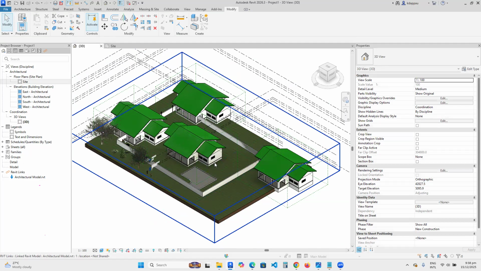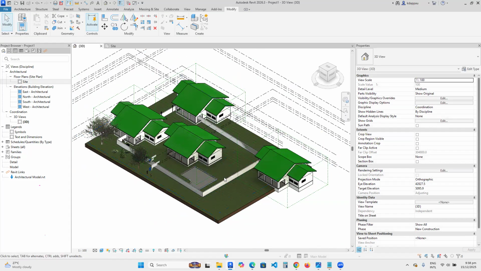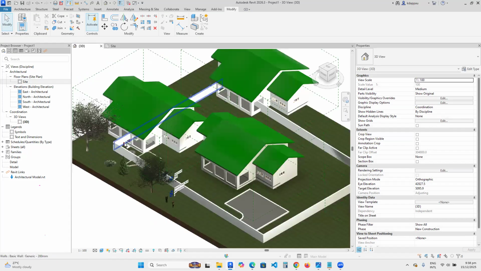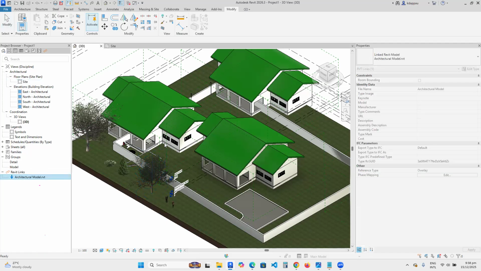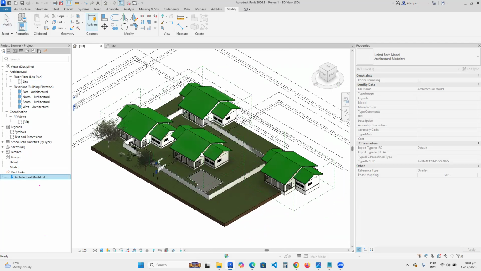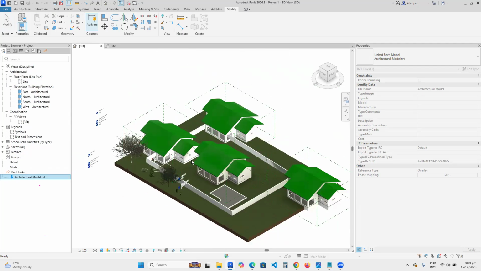Yes, madam. In duplicating the architecture file, normally when we link a file, the changes we make don't affect it. So when you duplicate it, do the duplicated ones also follow the same property? Or can these ones be edited? It's the same architectural model that I've loaded. Okay. So I'm only making copies around. It's like we are doing an estate planning scheme. If you're doing an estate planning scheme, the estate can be made up of just one building,